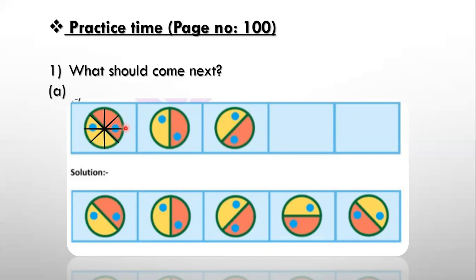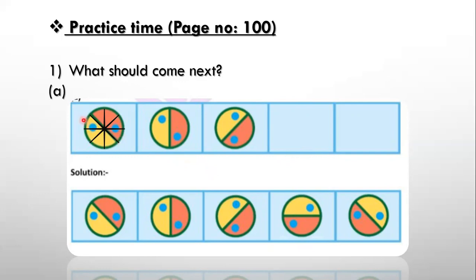That means this figure it will be. See. That means now it is here. Again it is coming down to this position. Right? So the next column will be of this figure. And again it is going to make another 45-degree turn, which means it will be looking like this. See here.